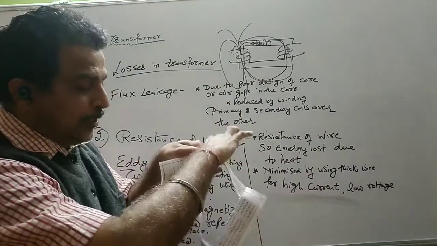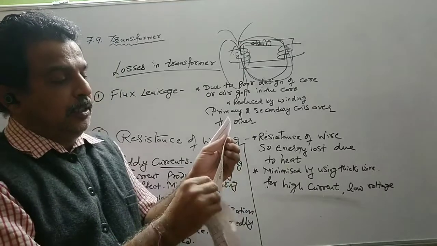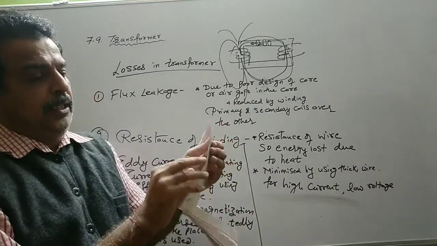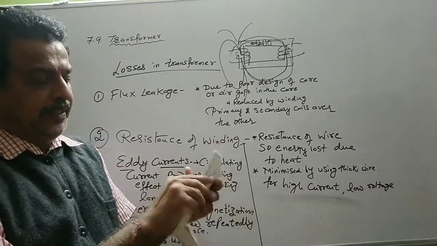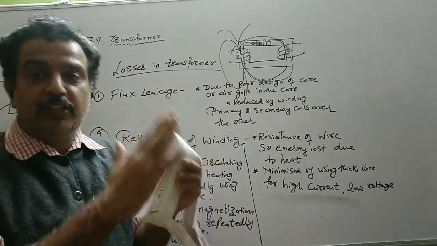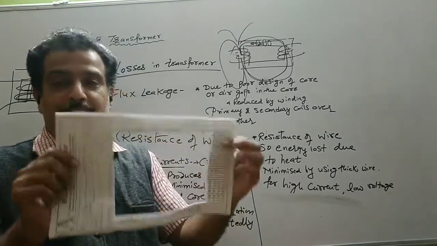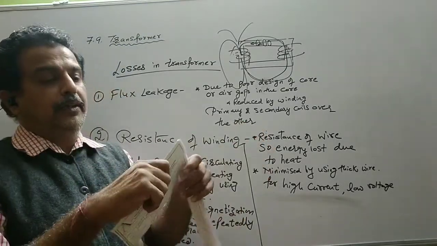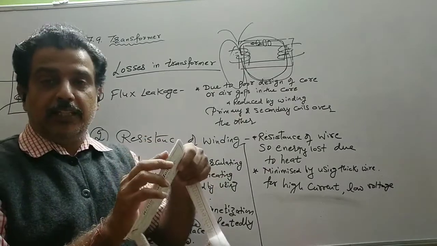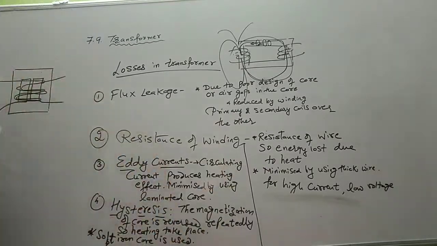So this circulatory current strength is reduced by placing some laminated sheets between the different soft iron cores. So we have to take a number of soft iron core plates like this. They have to be attached or fixed with each other. So we put a laminated sheet so the eddy current can be minimized. Then we have hysteresis also.